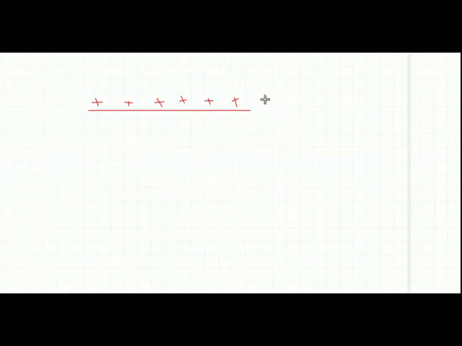Let Q be the total charge, and let L be the length of this wire. Now if we know the length of the wire and the total charge Q, then we can find the density of the charges. Density of the charges is the ratio of the total charge to the total length of the wire, and the symbol is lambda. This is very similar to the density of matter that we normally discuss in physics. So this is the density of the charges distributed over a length of wire.